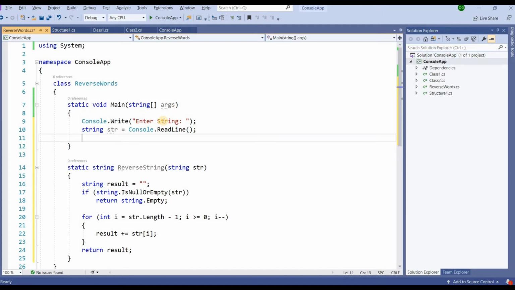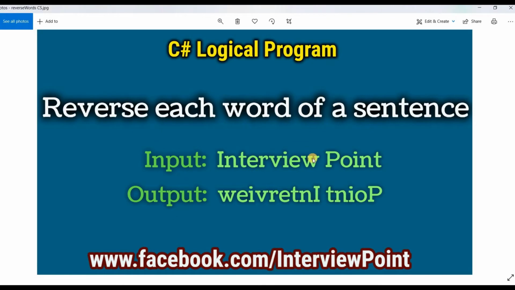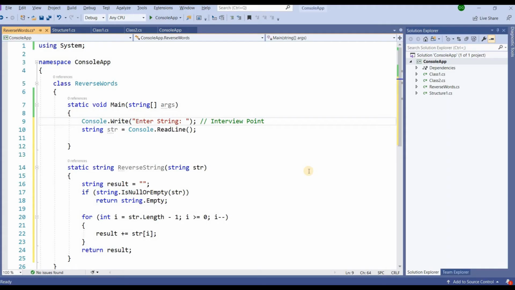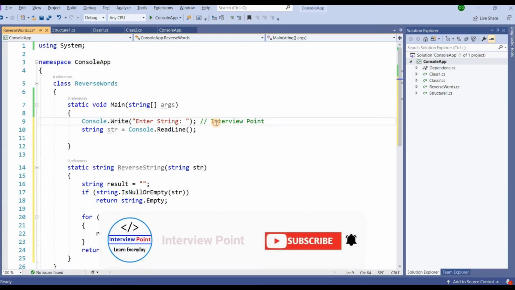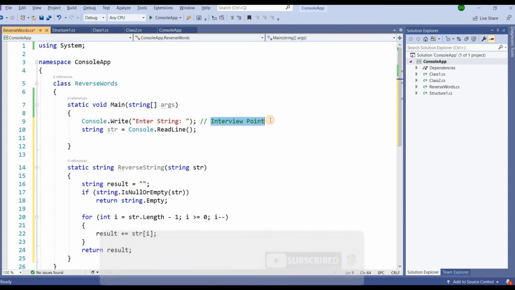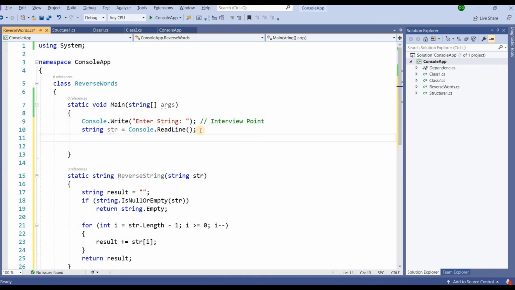Okay, so here, guys, I split the string into an array, so that will be a string array. Suppose our string is like "interview point", and you can also provide any input. This is a dynamic program. So I want to reverse "interview" and "point". So first I need to split the complete string so that I can convert the words one by one. For that I have to create one string type array, so like arr.